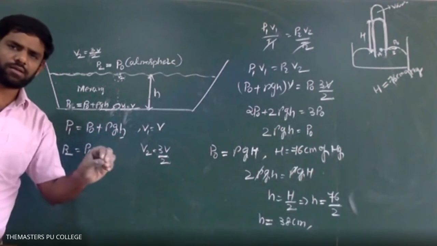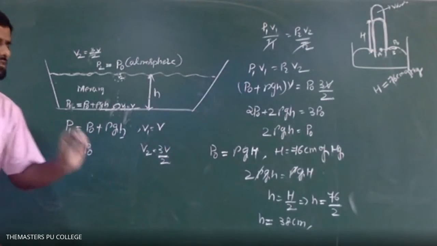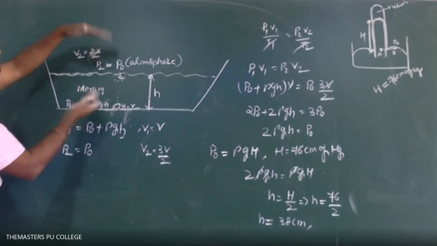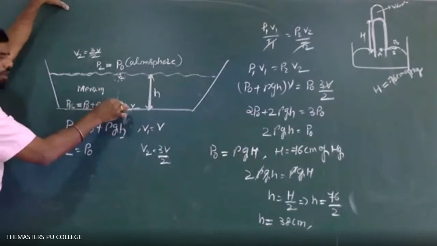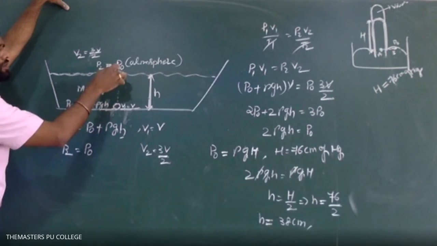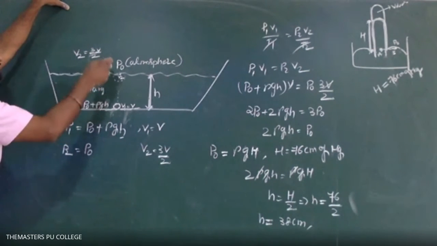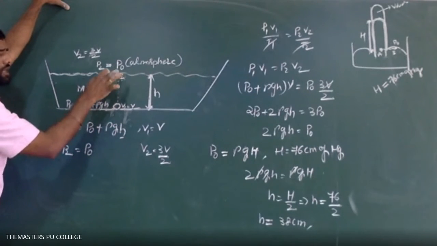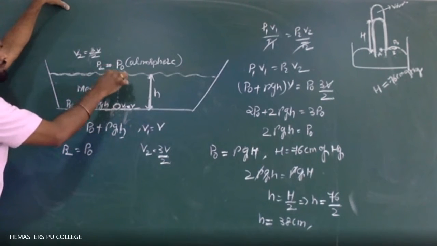Students, how well you can understand the question is more important than the solution. So first, the question: there is a tank with a certain amount of mercury, whose column thickness is small h. From the bottom, an air bubble is rising. It is observed that when the air bubble comes to the top, its volume becomes 3 by 2 times the volume at the bottom. They are asking for the height of this mercury column. Initially the volume V1 equals V, and at the top its volume becomes V2.